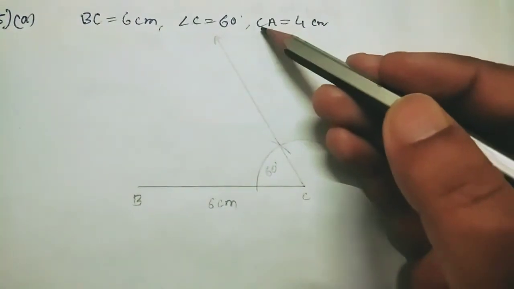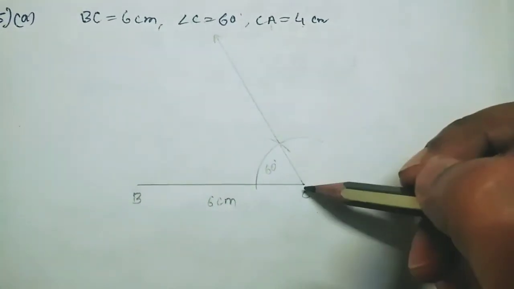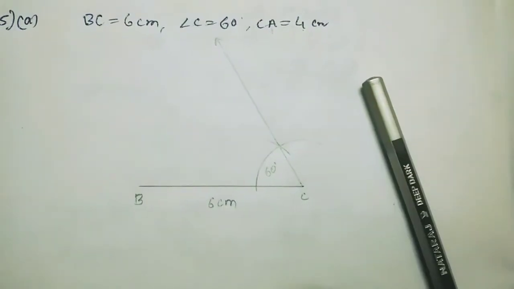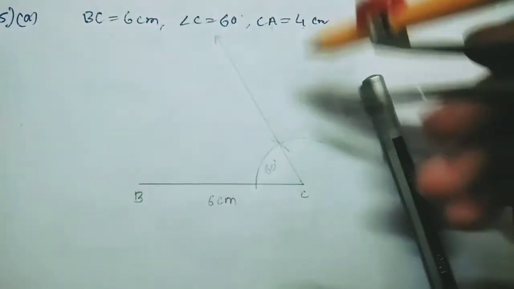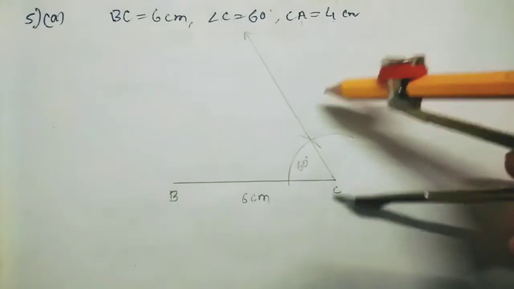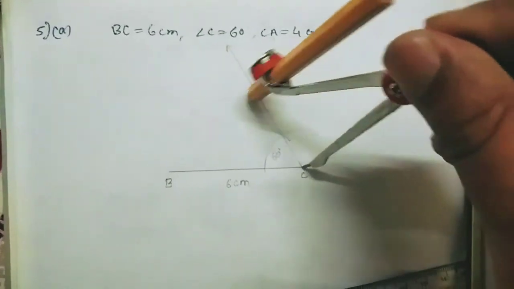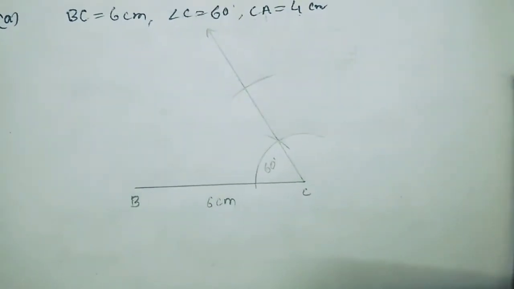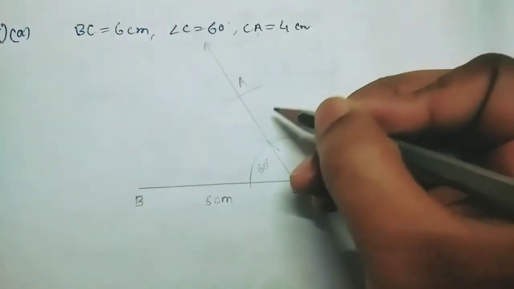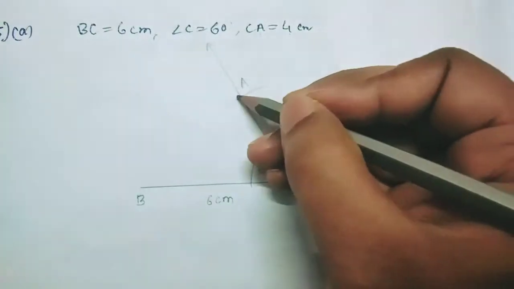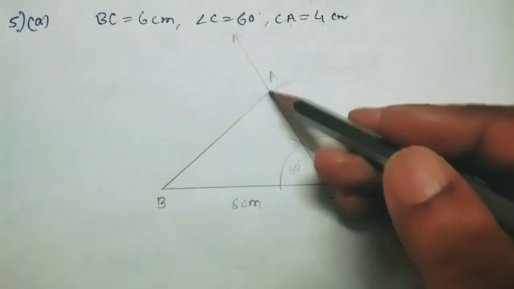So in the question, what is next? CA is 4 centimeter. That means here you can see any point, it will be CF. So from point C, you will take one arc. Okay, you will take one arc 4 centimeter from C point and cut here 4 centimeter. Then you will get the 4 centimeter CA. So we have taken 4 centimeter by compass and now cut this arc 4 centimeter. Okay, can you see here? Now this point is the A point. So this is now 4 centimeter. Now join this AB. So I have joined this AB line. So this is our required triangle ABC.